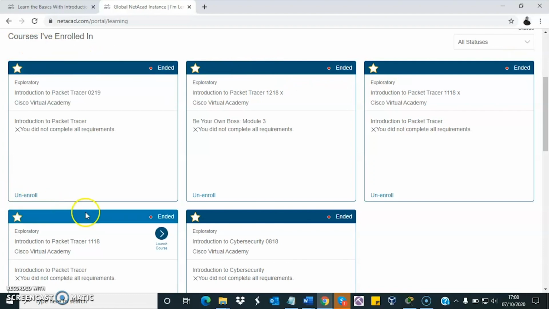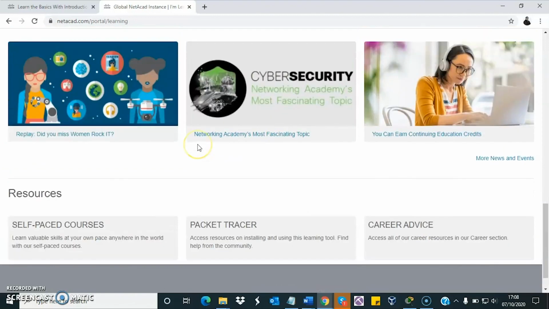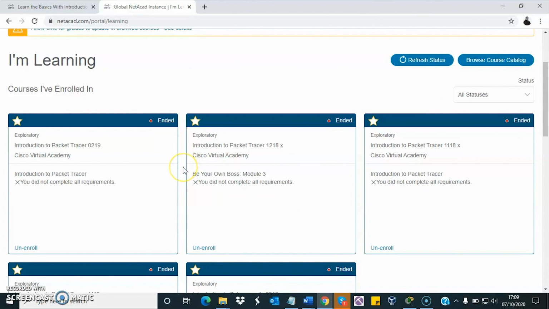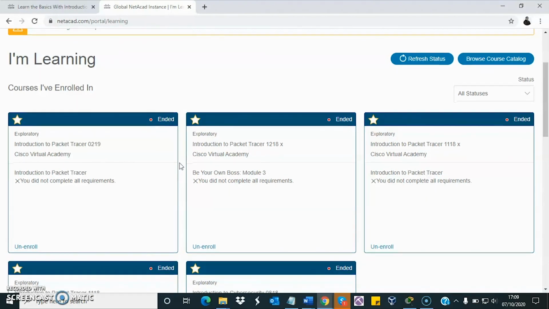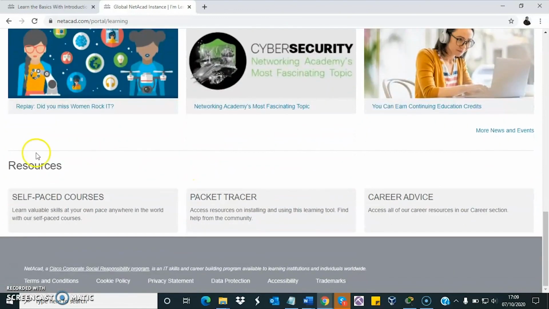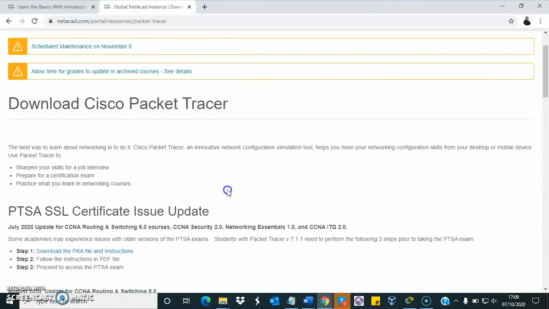Now, I already have the Packet Tracer installed on my own local machine, but I'm going to take you through the process of installing it. If you're not interested in reading the various materials and want to go straight into installing the program, you would scroll down to the Resources section on the page. In the Resources section, you have the self-paced course from Cisco that I referred to earlier, and the Packet Tracer tab. Click on the Packet Tracer tab, and that should take you to another page where you will see Download